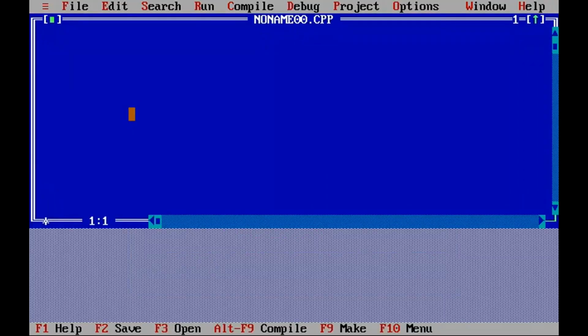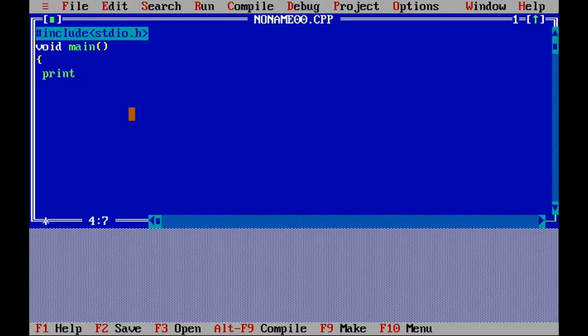And now let us write a simple program. Let us include the header file stdio.h. Then I will write the main function, that is void main, and the beginning of the program.